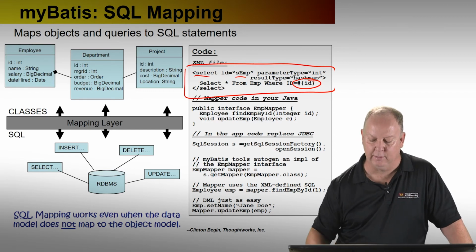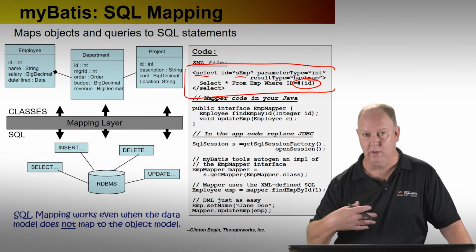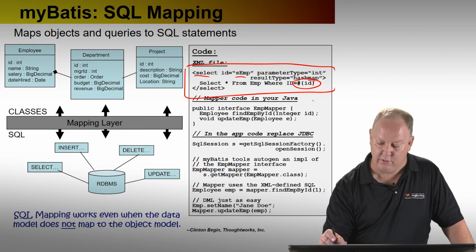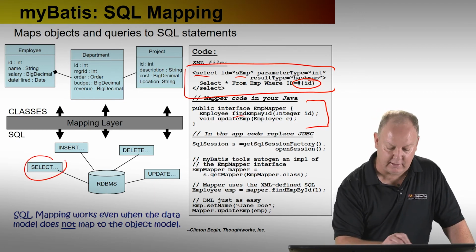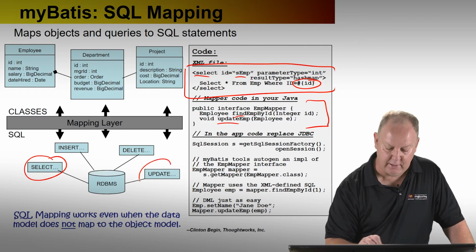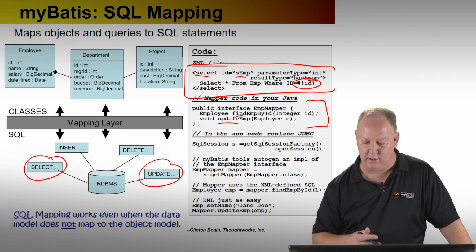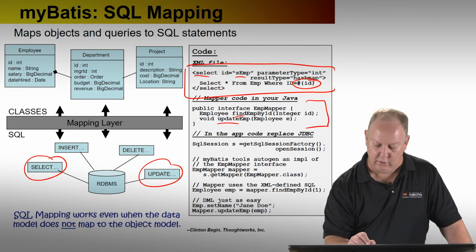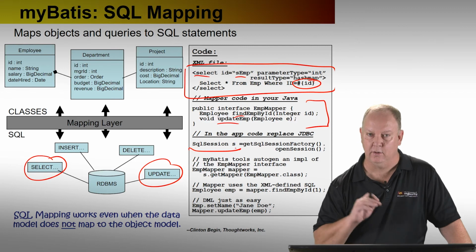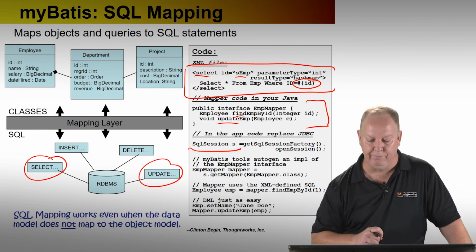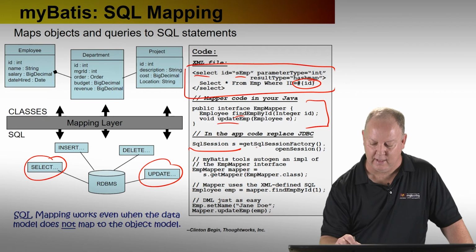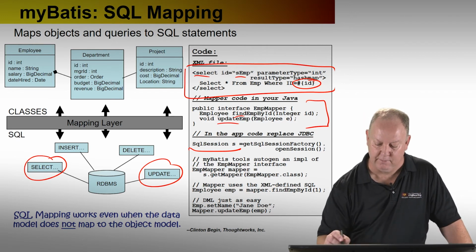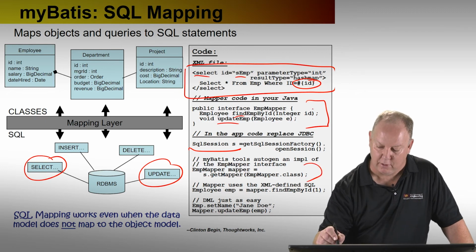And we indicate what the result type is going to be as a Java collection, a hash map, what to map it back to. Inside your code, you create a mapper class. You give it what kind of operations. A find is a select operation, an update is your update operation. And then in your application code, instead of writing all that connection, prepared statement, result set kind of stuff, you create a SQL session to represent your stateful conversation over that socket connection. So you ask a MyBatis SQL session factory method to go ahead and open that session. You get the mapper.